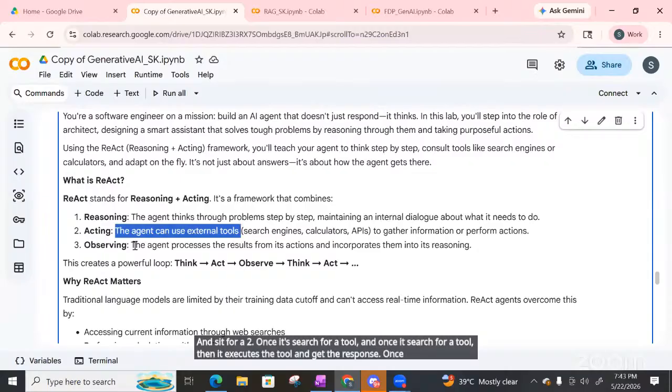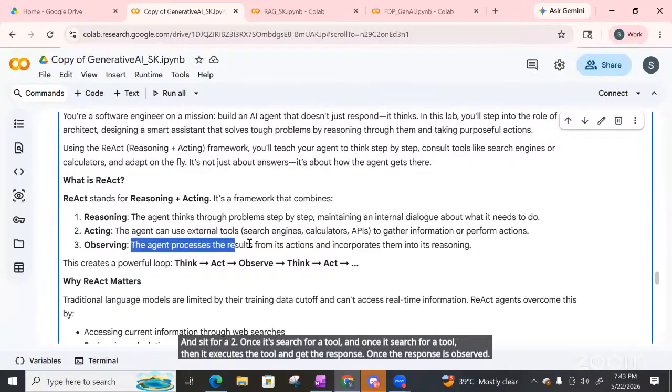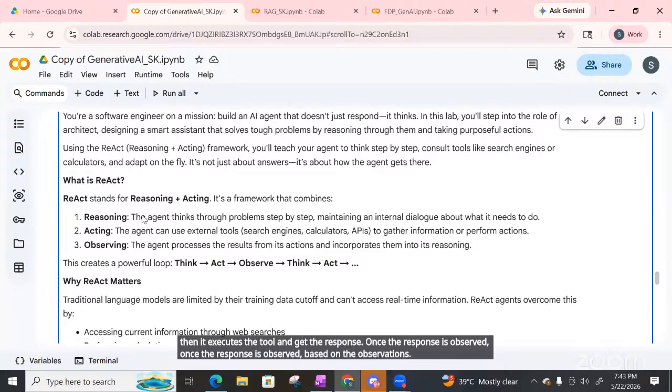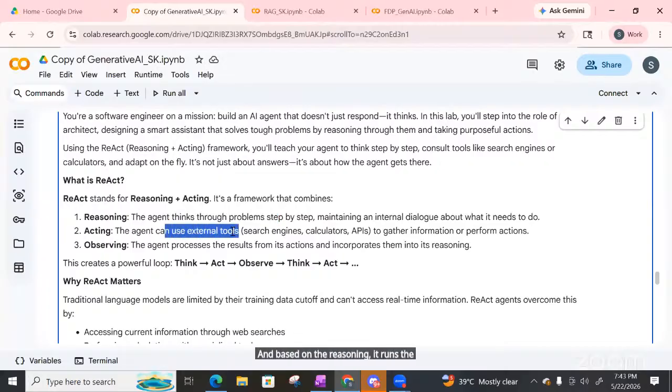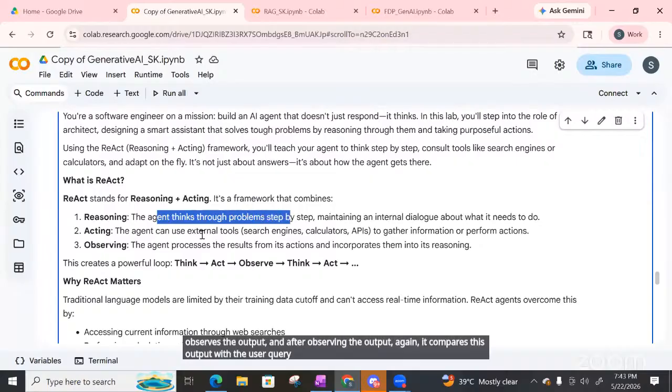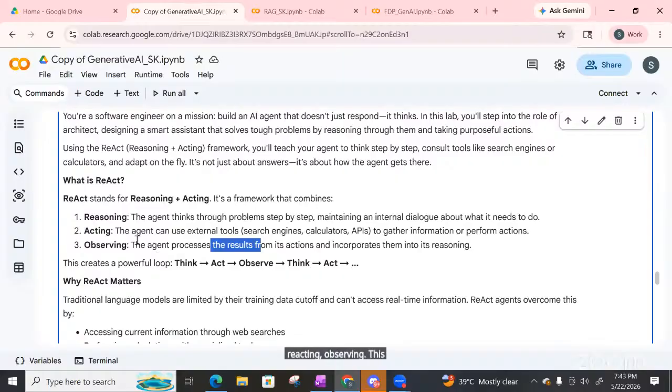Once the response is observed, based on the observations, the agent reasons again, and based on the reasoning, it runs the tool. After running the tool, it observes the output, compares this output with the user query, and again reasoning, acting, observing. This loop repeats until the response given by the agent